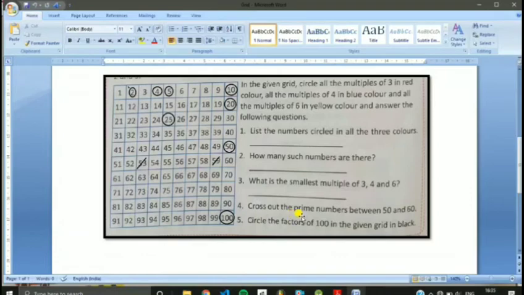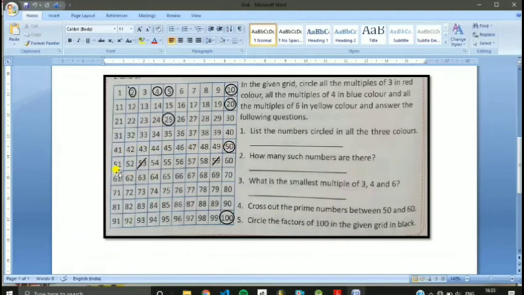So first you must know which type of numbers are considered as prime numbers. As we have learned the definition, prime numbers are those numbers which are having only two factors. Two factors means it comes only in two tables. One is the number 1 and another is the number itself. All those numbers which have two factors, 1 and the number itself, we give the term prime numbers. So we will be applying that concept and checking it. 50 and 60 is the range.